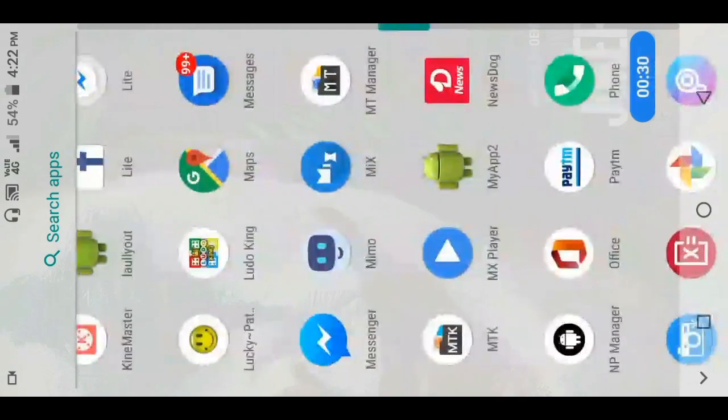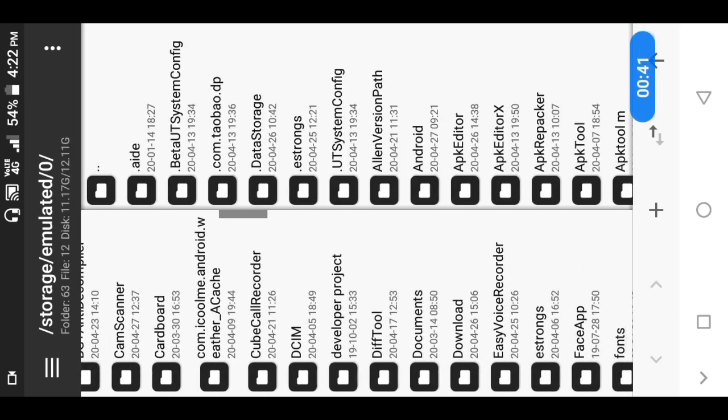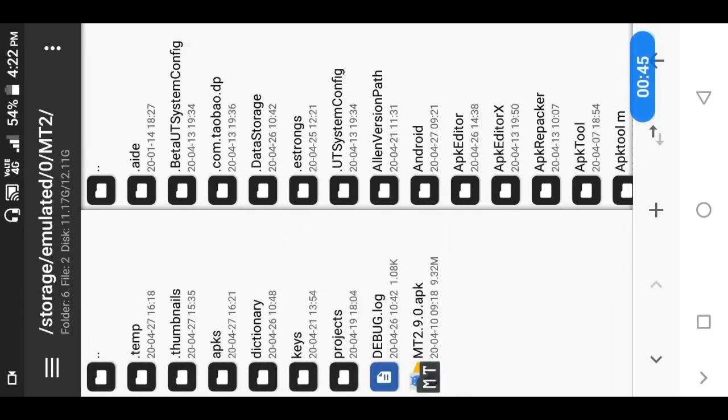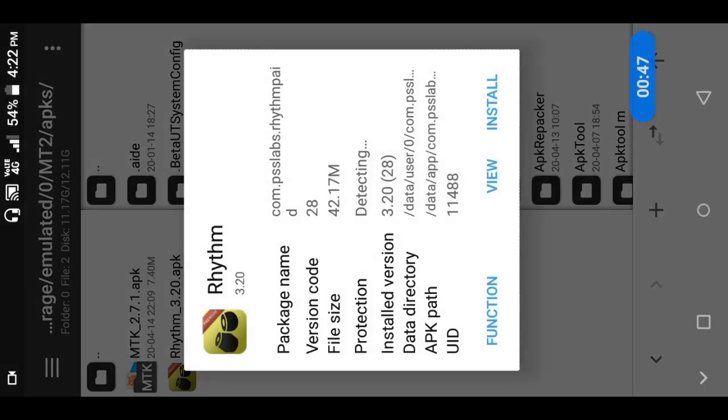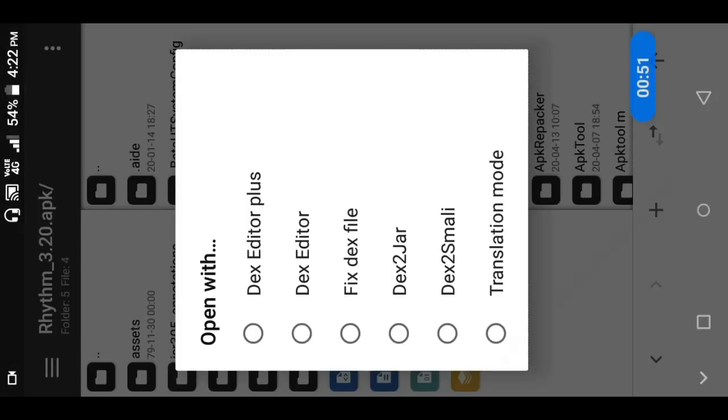So now I'll go to the file manager. I have already backed up that file, so it is here. I click on view and I will view text.